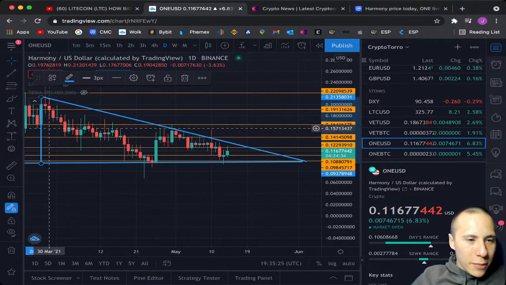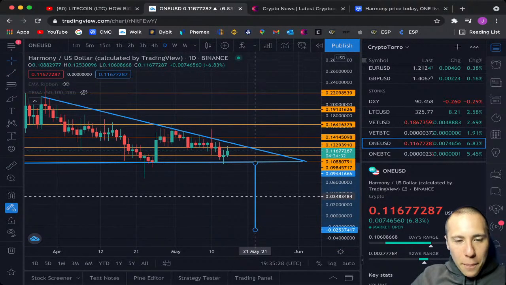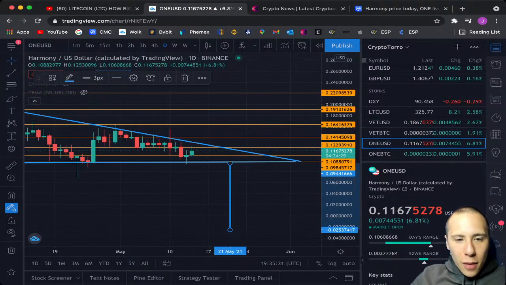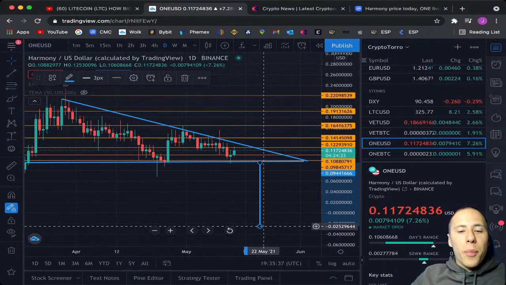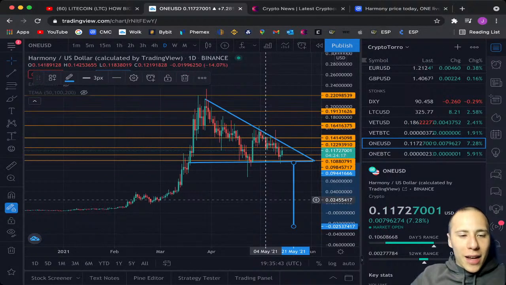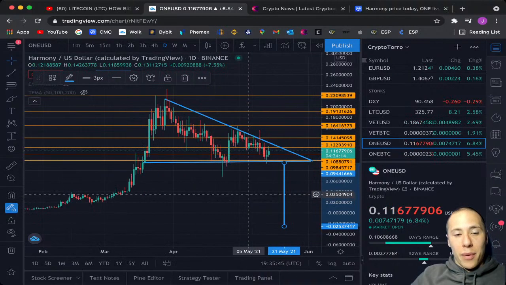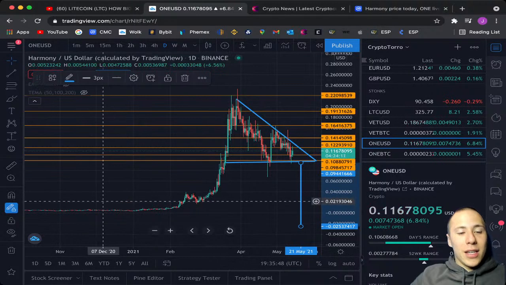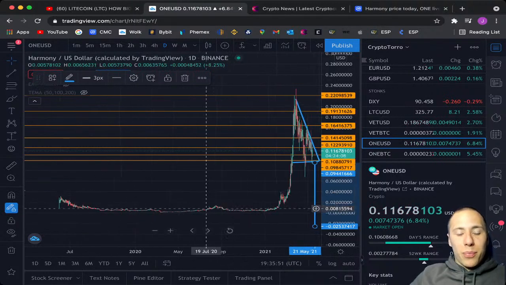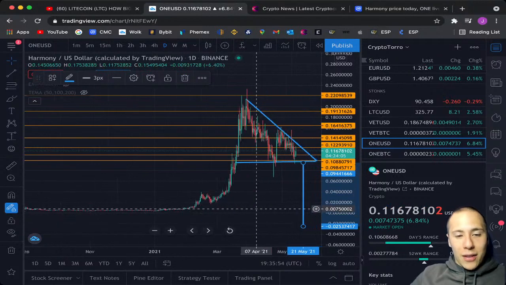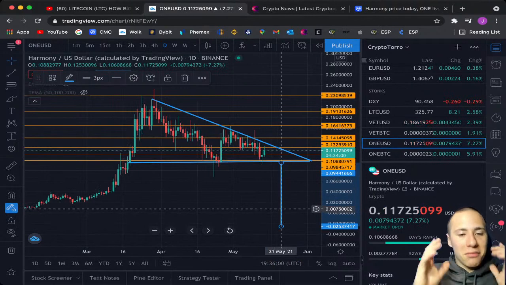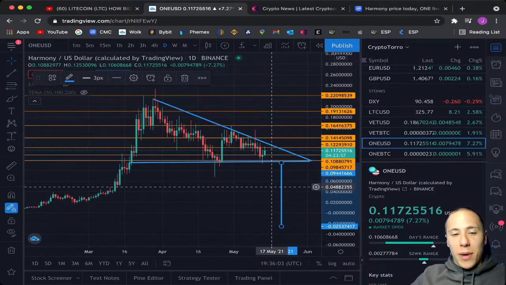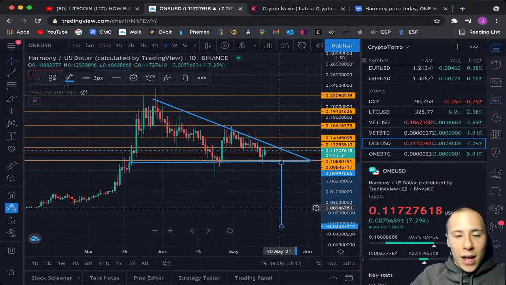And what I'm taking a look at this, and I'm placing my measurement over here. And if Harmony breaks towards the downside, we will be seeing a price of Harmony of approximately 0.025 cents, and that would be a huge drop. And I think personally that is just unrealistic to happen, because that won't be even possible. You see that the previous price was way higher than this, so I don't think this is a correct measurement. If Harmony drops, it won't be a drop that is this big. This would be absolutely crazy if this happened, and I don't think this will be likely to happen.